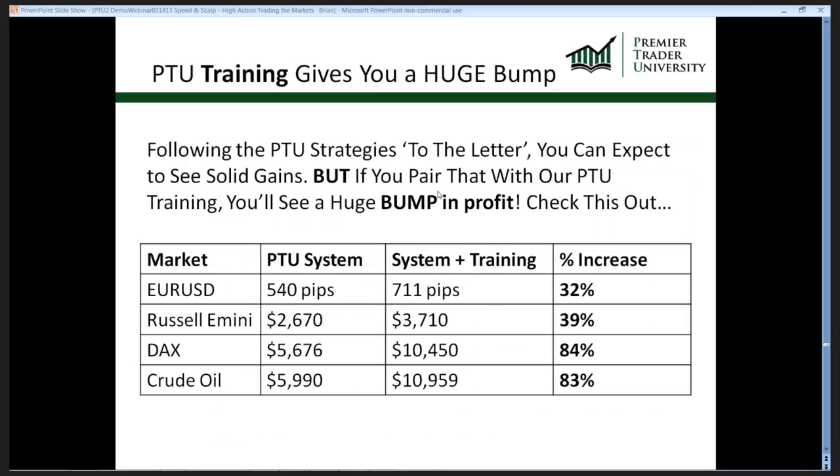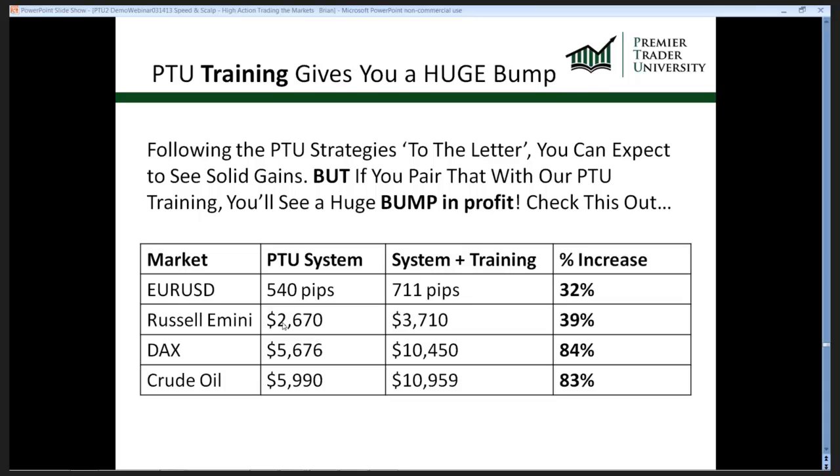So I talked about this a little bit, the art of trading. This slide shows you really the difference. Trading the system straight up is what this first column is. So on the euro, this is some recent results, just to give you a feel. This particular trade plan generated 450 pips straight up, no art of trading. But if you paid attention to some key levels and some small adjustments, that's the kind of profit you could get. So that's what we're talking about, making a difference.